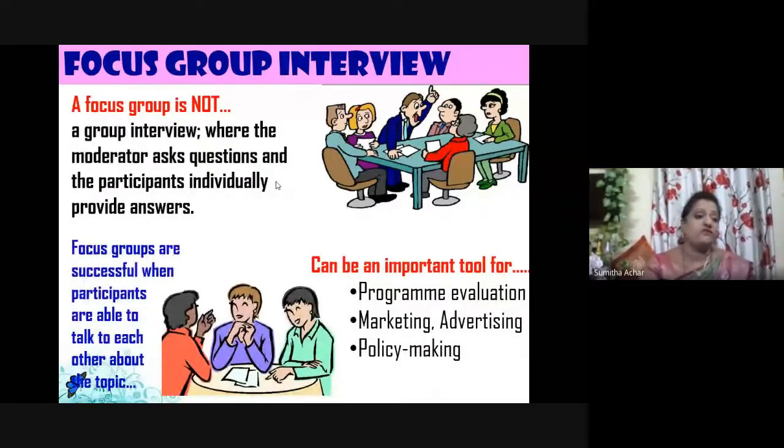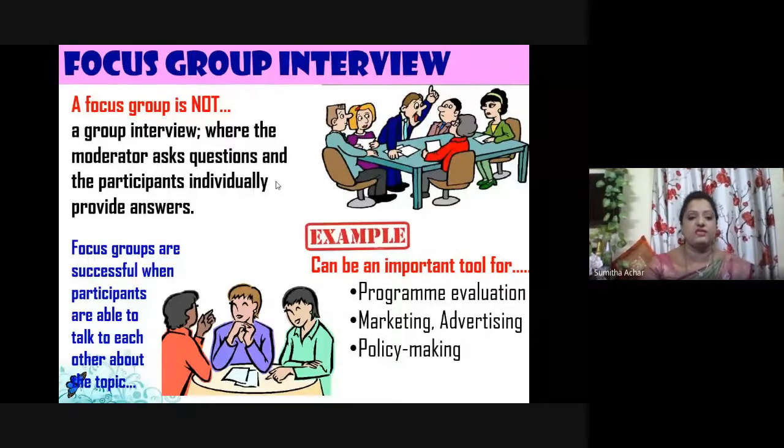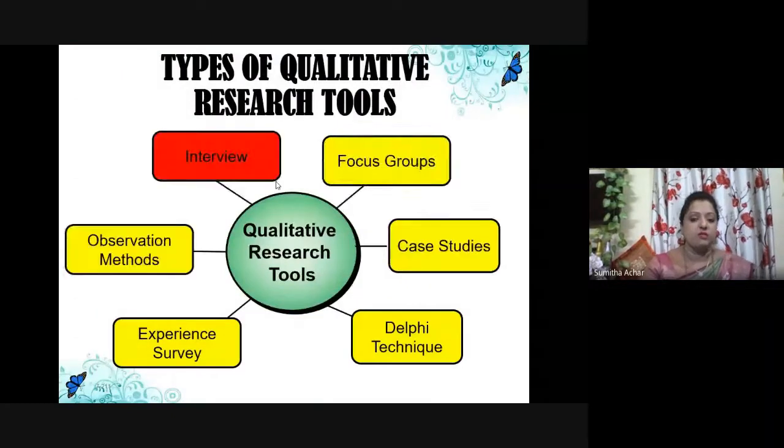Focus group interviews are not group interviews. Understand this: here people give their opinion based on their experience and tell whether this is really suitable for management students or not. It can happen with respect to policy decisions, and with respect to evaluations and so on. So this is the first one, focus group interview, which is a most important tool used under